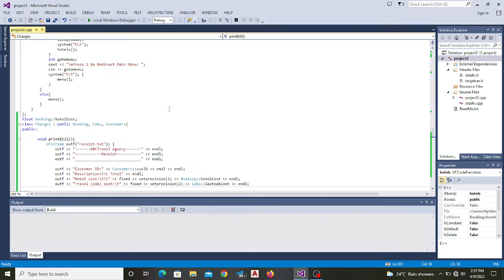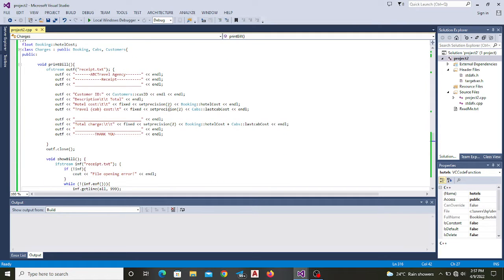Now the fifth class is the class charges, and under the class charges it's where the charges of the booking of the hotels and the cabs are taken account of,